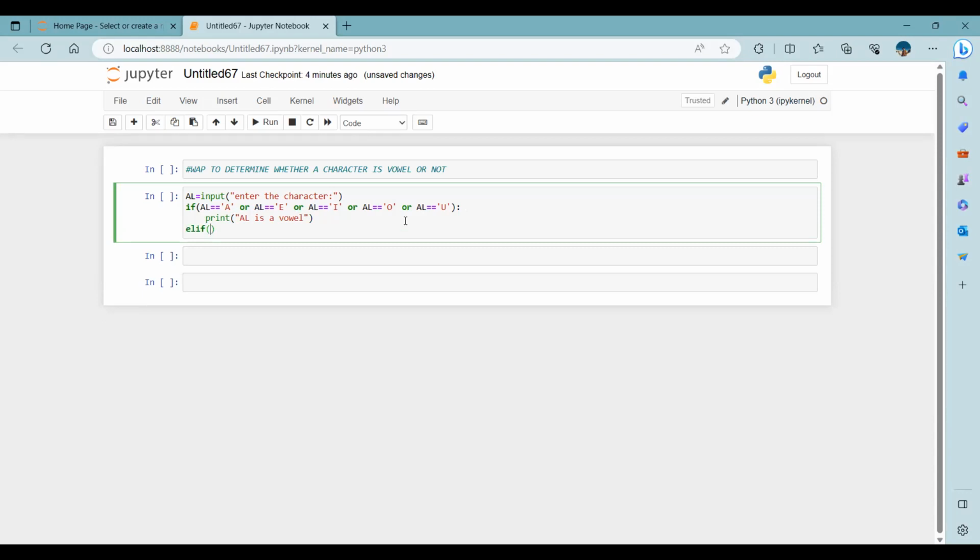Using elif. What I taught you in the last class: the statement starts from the if portion, the testing option. If it is satisfied, then it moves on to the last block. But if it doesn't satisfy, then it goes to the next condition, that is the elif portion. In the elif portion, what I am showing you, see,